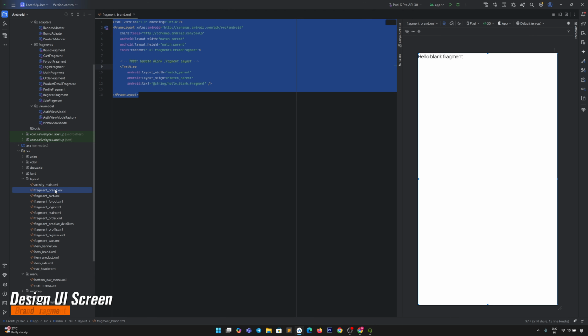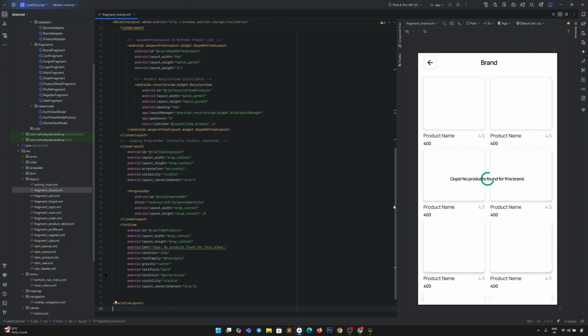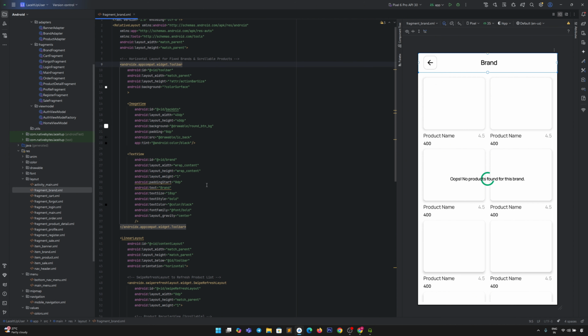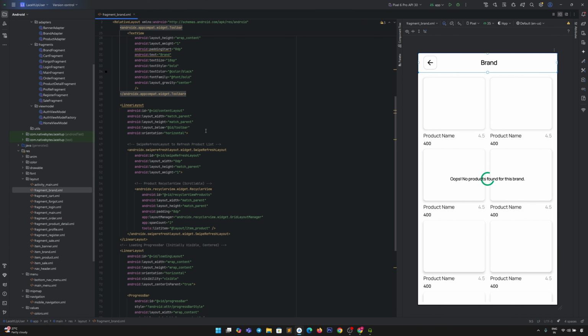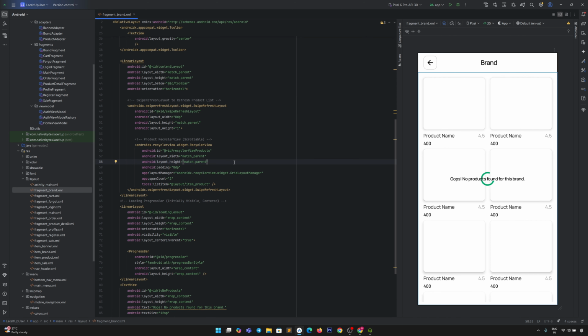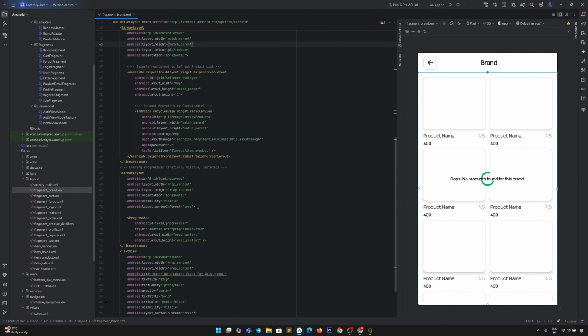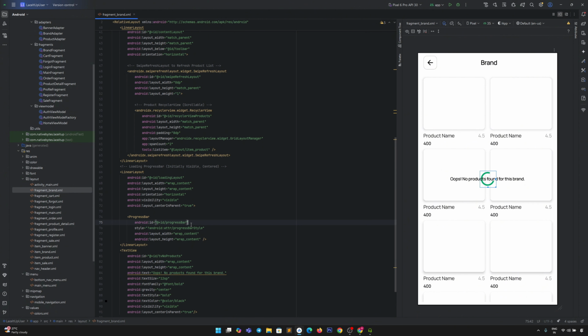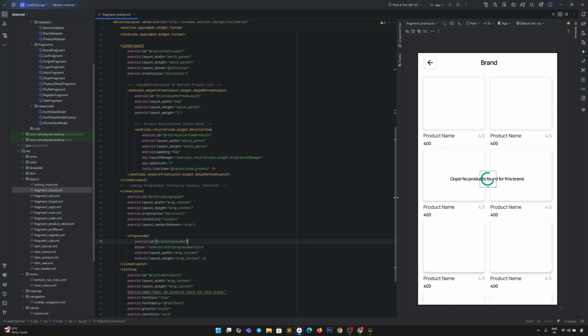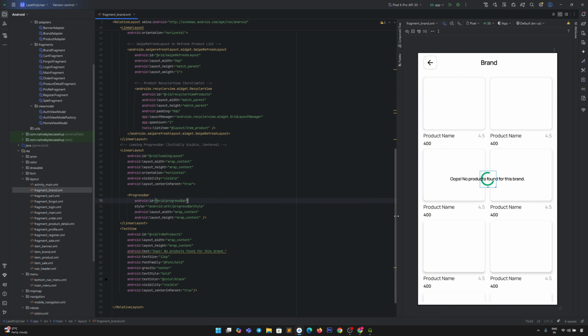Now coming to another screen, that is the brand. In a similar way, we are using the logic for the toolbar under the relative layout, and then in another linear layout we are using the swipe refresh layout along with the recycler view, which contains the item product in a recycler view, right? And outside the content layout, we are using the loading layout behavior, which contains the progress bar and the text. Whenever it fails to load the content, it will show this text view, the no product message. All right, now we have completed the fragment brand UI logic also.